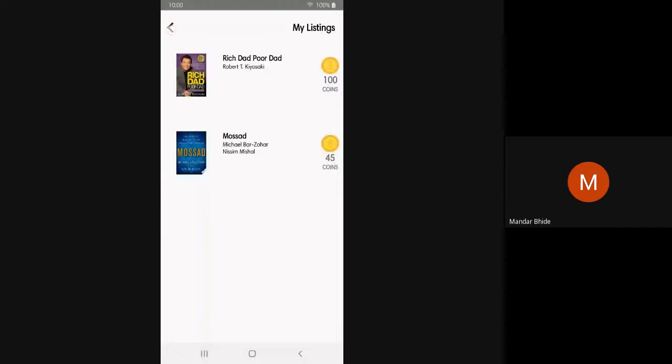Here I have created a back button manually. Let's just go to its code also. Listings. Okay.